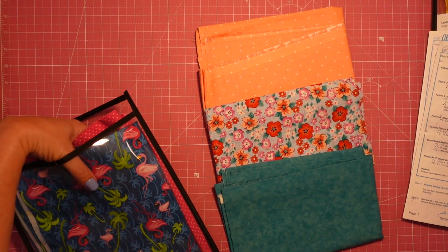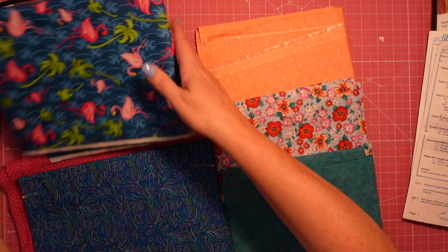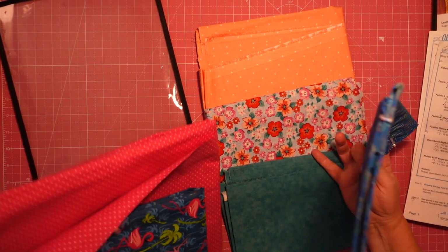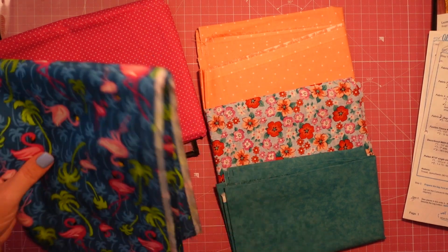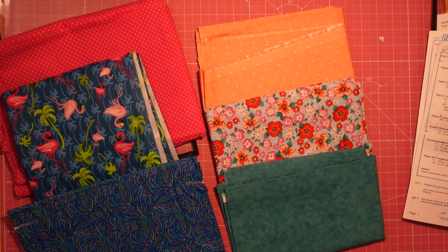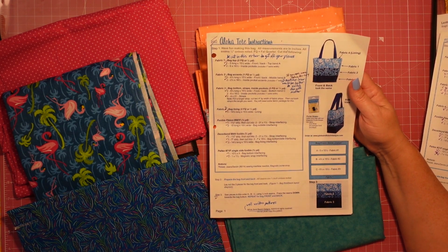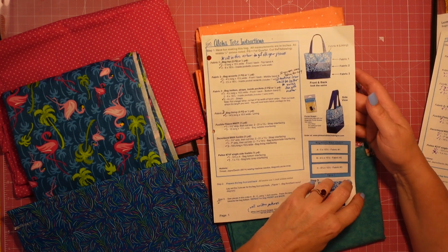And then I had this flamingo fabric, so I'm going to do 3 stripes with that. I think we'll do this as the top. That would be nice. Obviously this one's going to go that way. Yeah, up and down. So these are our 2 Aloha Totes. These are going to be a lot faster than the other ones. A lot less pieces. There aren't any pockets, but there is a